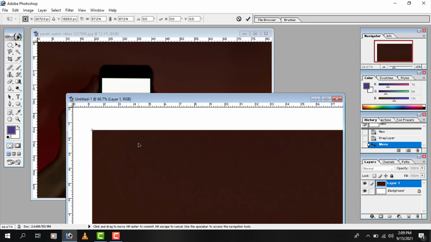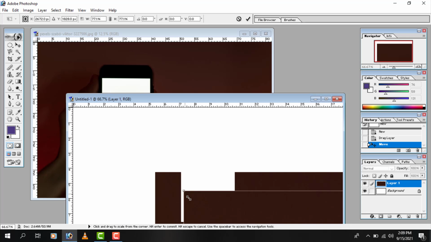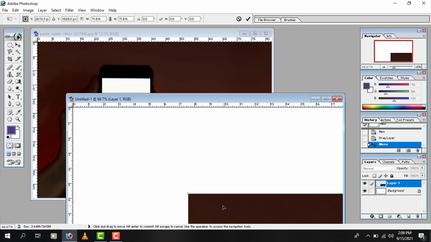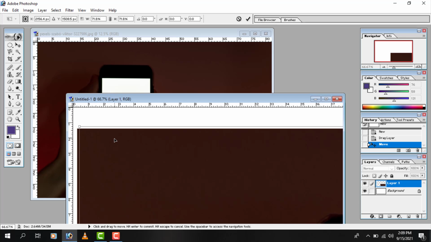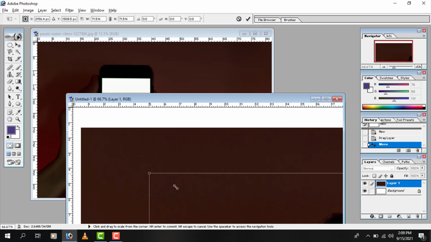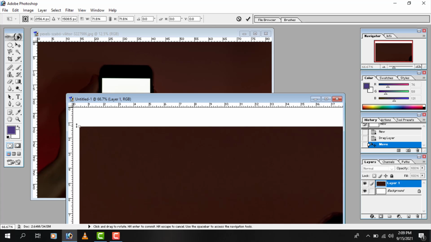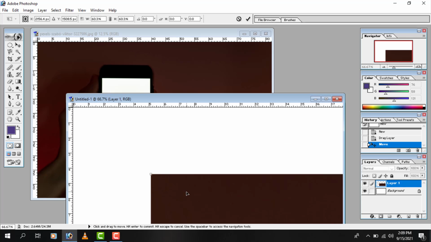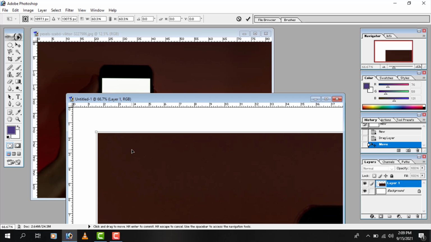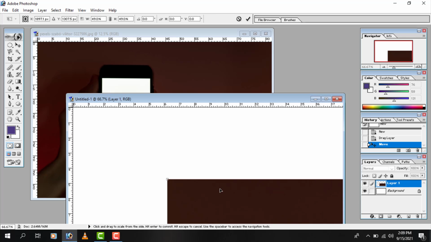Now click the right and then do the same procedure again. Control Z because a little bit of the frame is disturbed, and now do the same again.